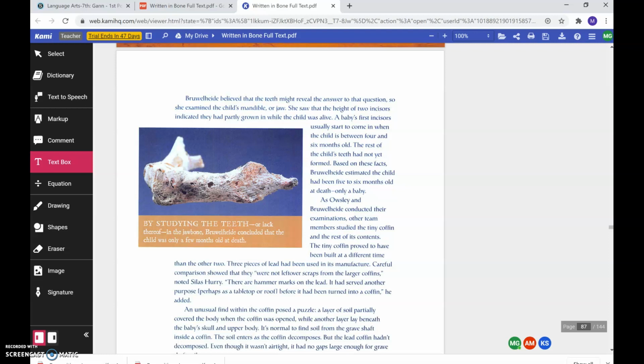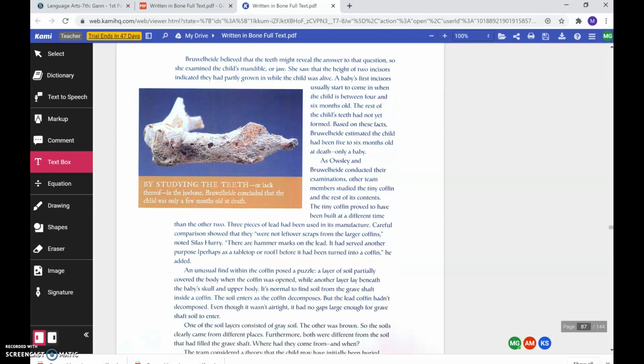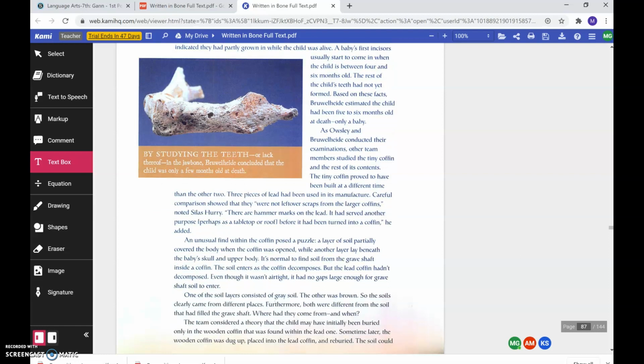Only a baby. As Owsley and Brühl-Heide conducted their examinations, other team members studied the tiny coffin and the rest of its contents. The tiny coffin proved to have been built at a different time than the other two. 3 pieces of lead had been used in its manufacture. Careful comparison showed that they were not leftover scraps from the larger coffins, noted Silas Hurry. There are hammer marks on the lead. It had served another purpose, perhaps as a tabletop or a roof, before it had been turned into a coffin,